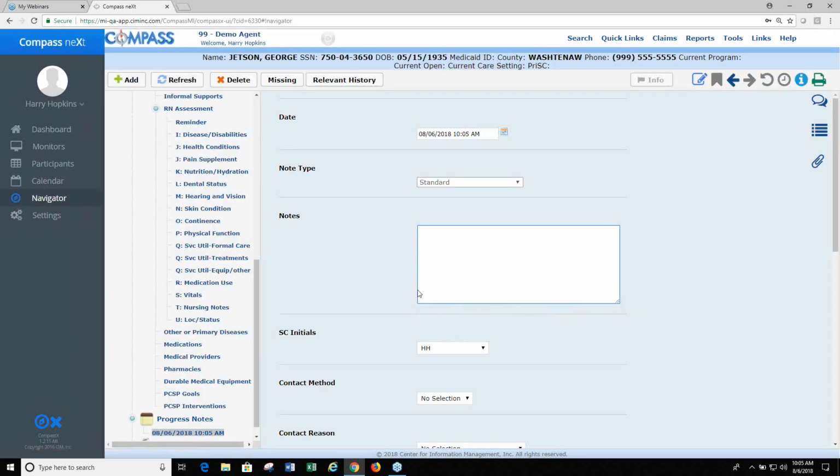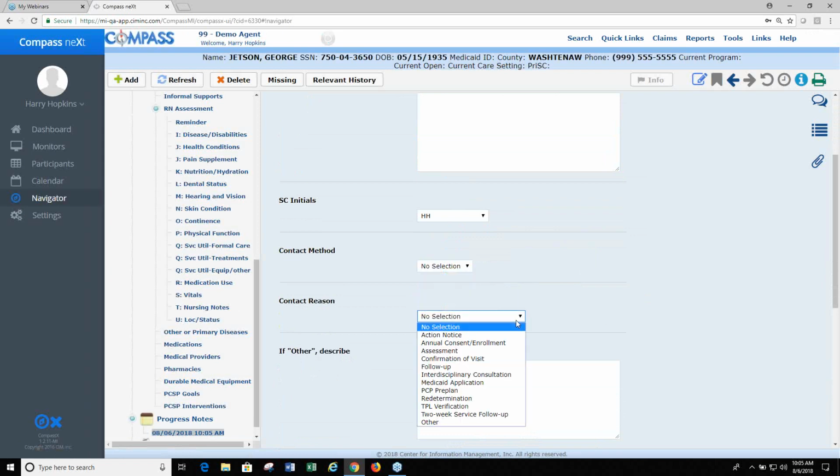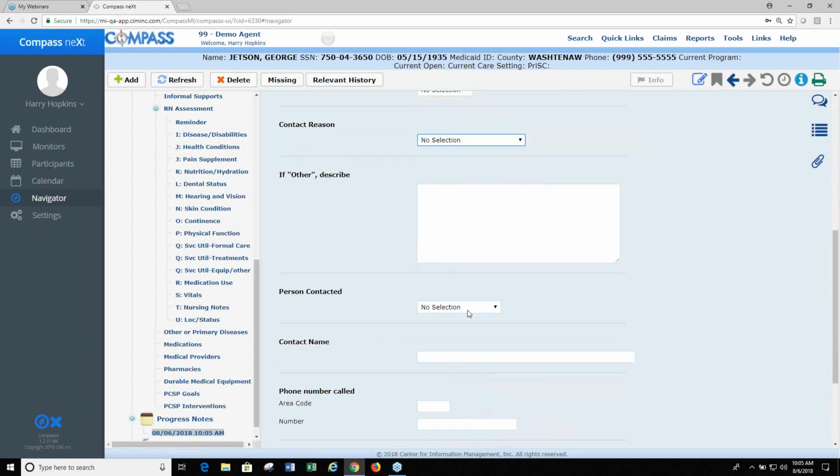So in these, there are 3 drop downs. There is the contact method, and in the contact method, we added voicemail, so you can record that separately from a phone call. In the contact reason, we added confirmation of visit and Medicaid application as options, and then the